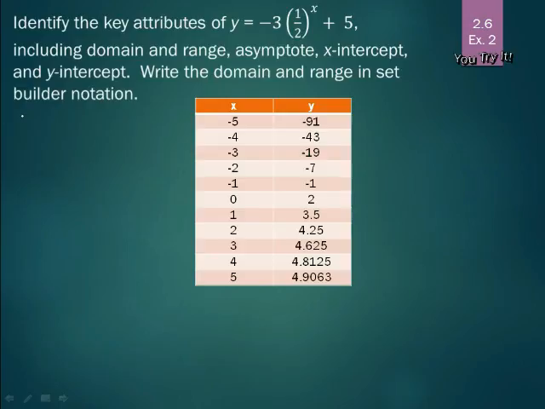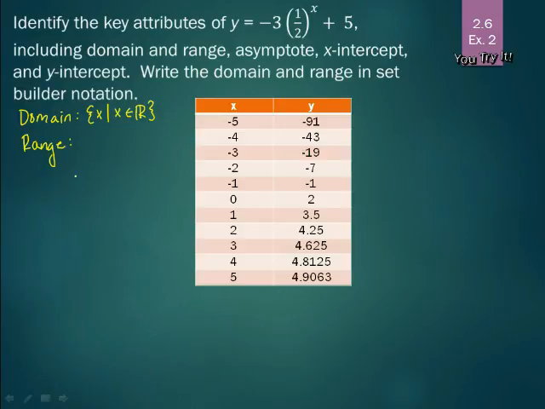Alright, so first starting off with domain, with exponential functions we can plug in any x value for an exponent. We can do any negative number, positive number, decimal, whole number, and from the table we can see here it doesn't skip any integers, and that's because it's going to be all real numbers. So in set builder notation, that's the set of x's such that x is in the real number set. And then for the range,